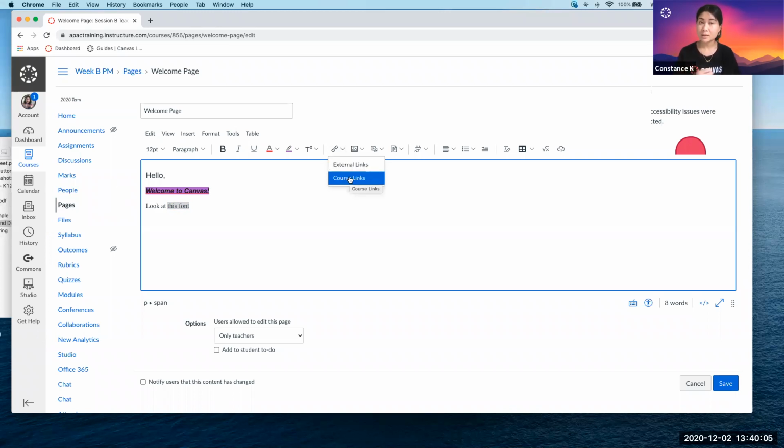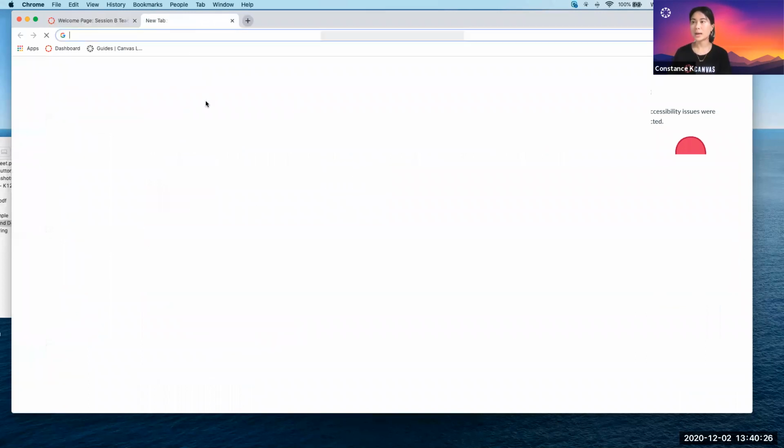If there was another page within your Canvas course, so perhaps there was a page talking more about this content, maybe there's a module or even an assignment or quiz that you want to redirect students to from this page, you can do so within Canvas. So I'll show you the two ways. So let's do the external one. I'm just going to go ahead and find a